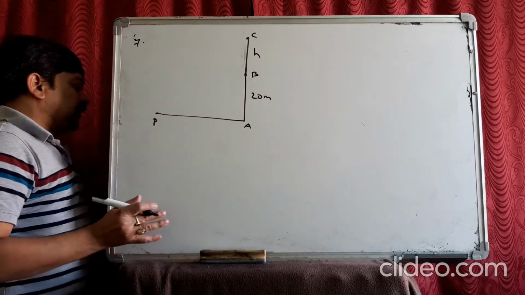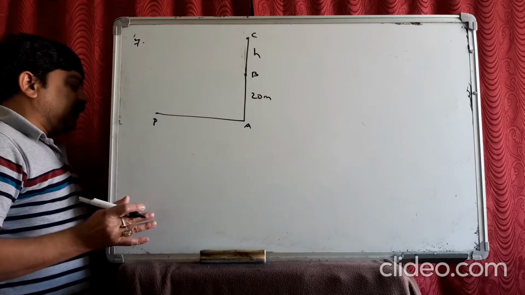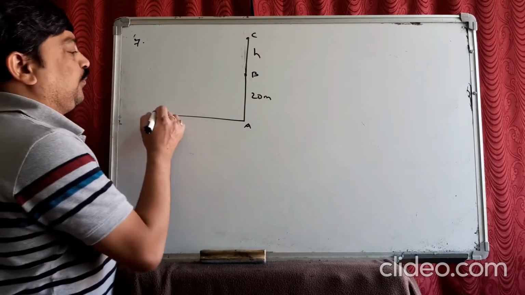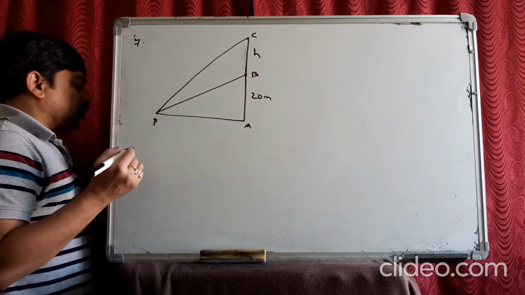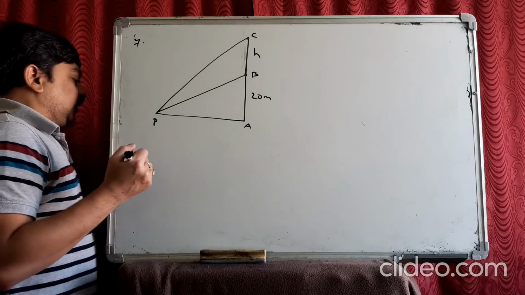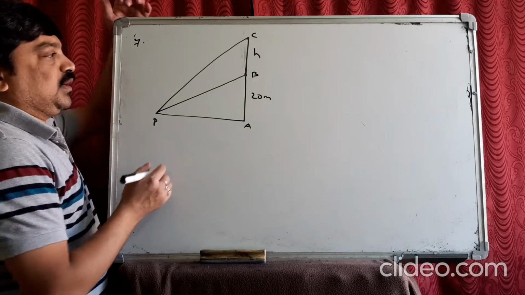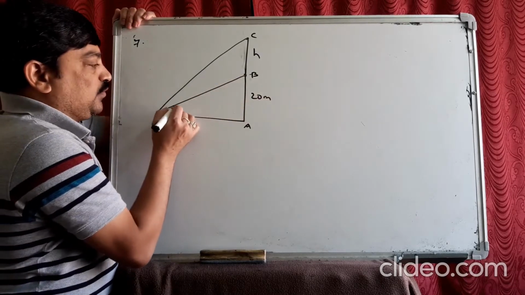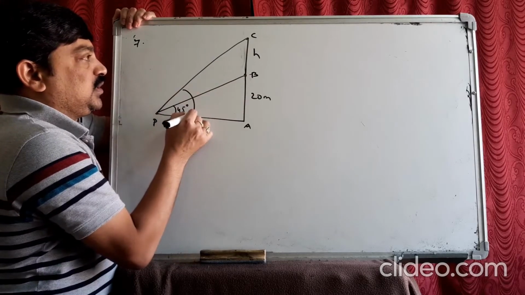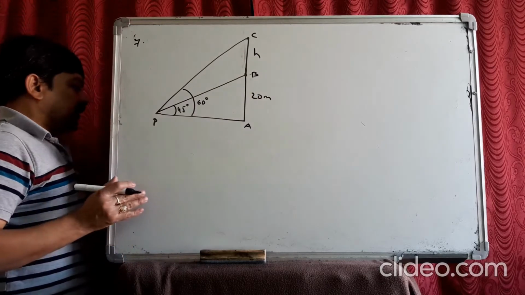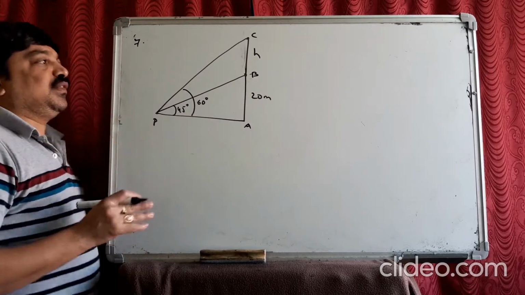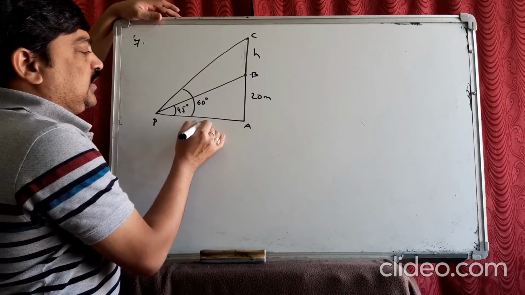What is he observing? From a point on the ground, the angle of elevation of the first bottom. First he is observing the bottom and then the top. The bottom and the top of a transmission tower are 45 and 60 respectively. That means when he observes the bottom it is 45 degrees. When he observes the top it is 60 degrees. Now you have to find the height of the tower. So it is h. Let us take this as x.